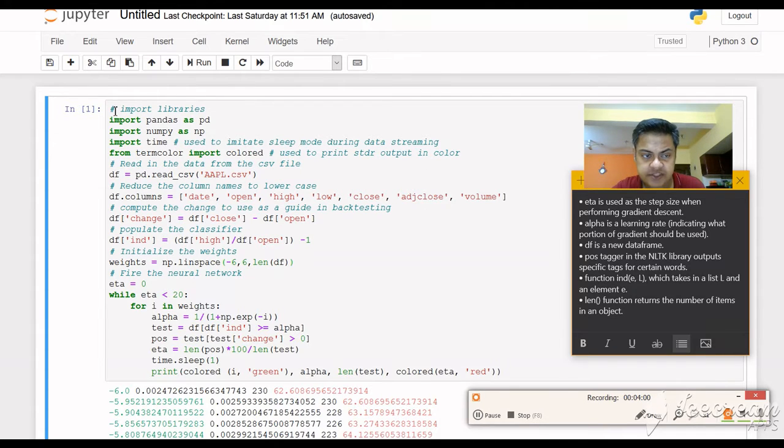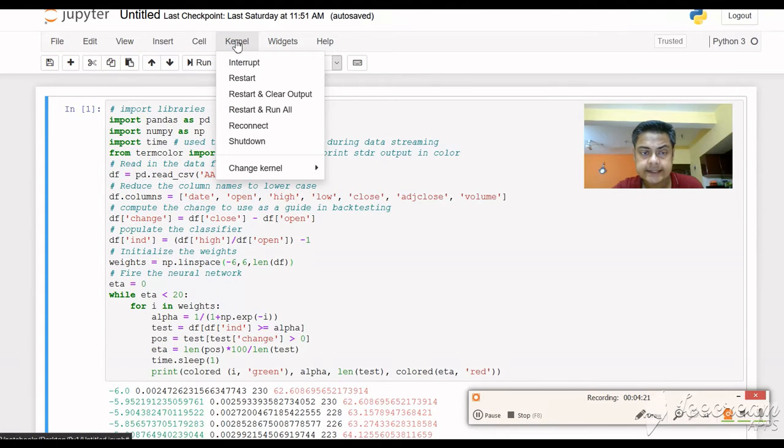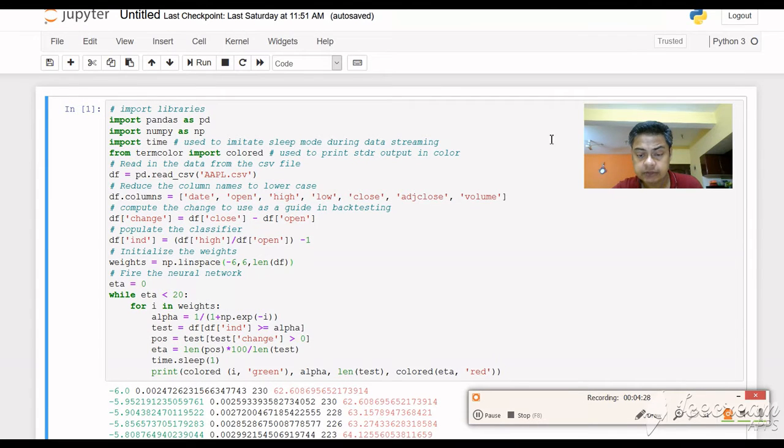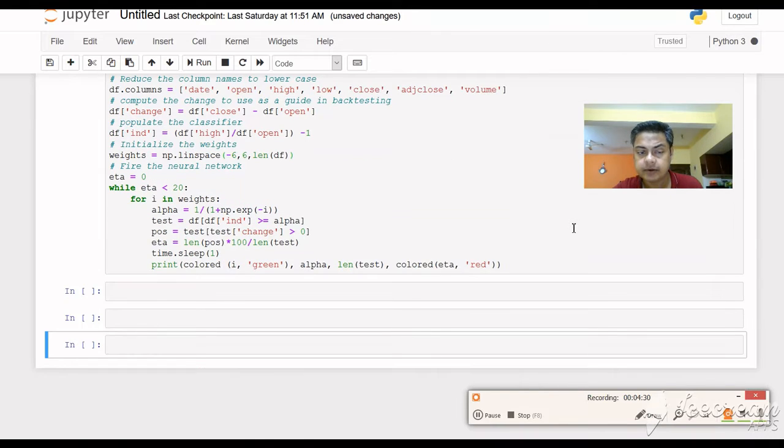You can basically copy this same code, and this data you can get from this aapl.csv. I got it from Yahoo Finance. You can also get it from Yahoo Finance. The same date, open, high, low, close, adjusted close, volume, all the parameters you will get there. Other than that, we are just going to press here kernel, and in the kernel, restart and run all. Then restart and run all. So the kernel will start working again. It will take a little bit of time.